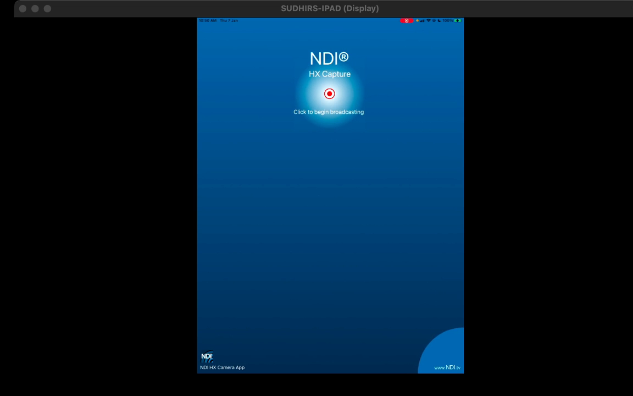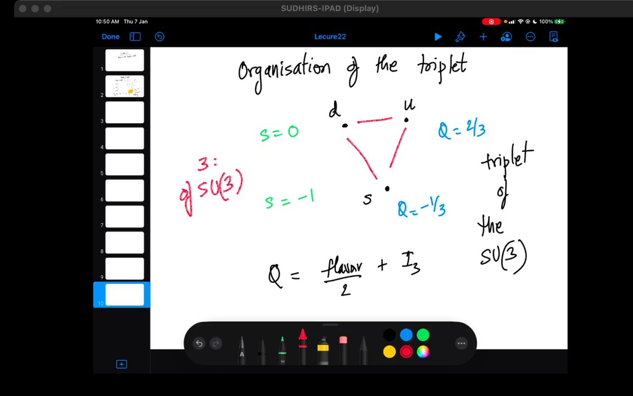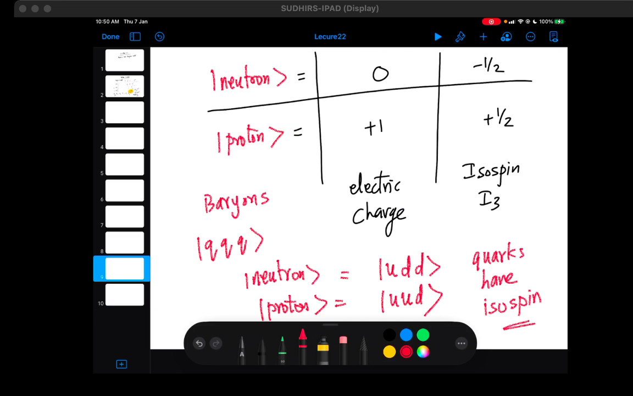So this SU(3) is called flavor symmetry. Okay, I'll come back to it in a second. One second, just to finish the organization. So it's under a triplet. The three quarks are organized in such a manner that you can have neutron, proton in this particular fashion,